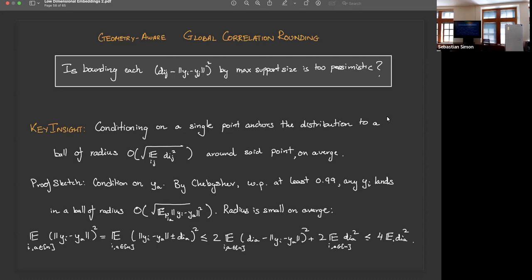So how should you think of this radius? Well, you can think of it as being small at first. And the way to prove this is to relate it back to the objective. Okay, so I want to analyze what this radius looks like. What am I going to do? I'm going to introduce these pivots, and then I'm just going to use the triangle inequality. And this first step